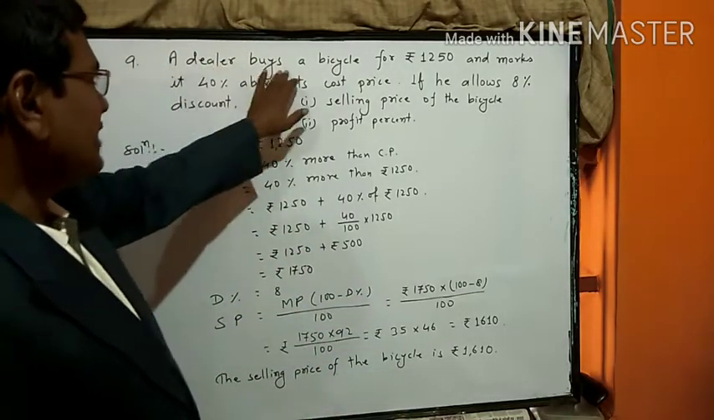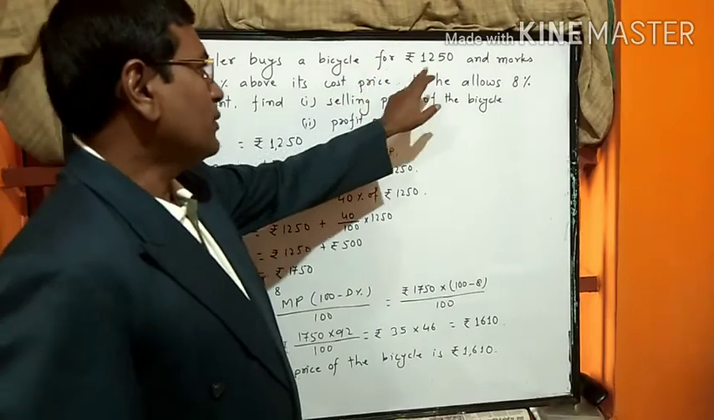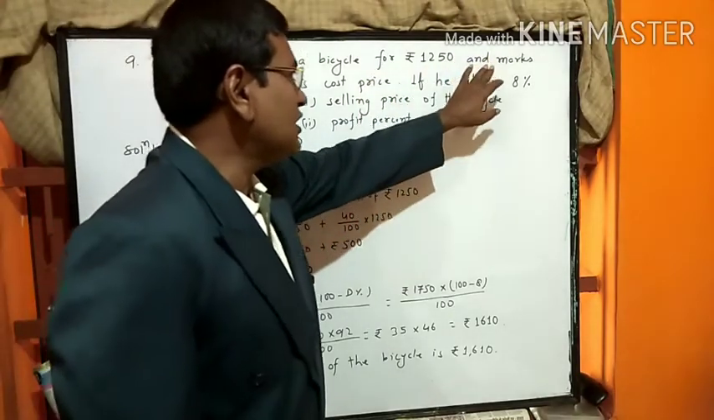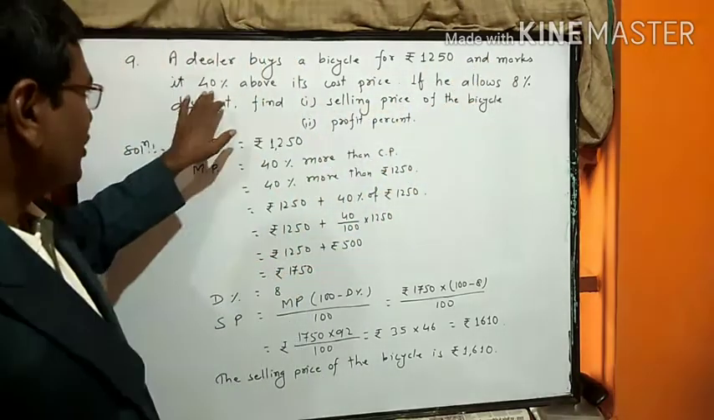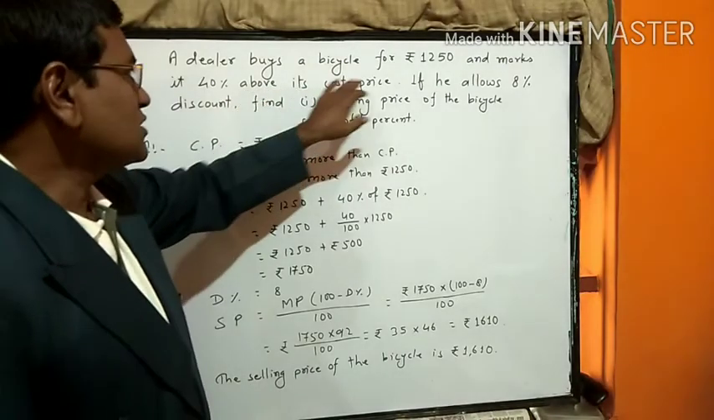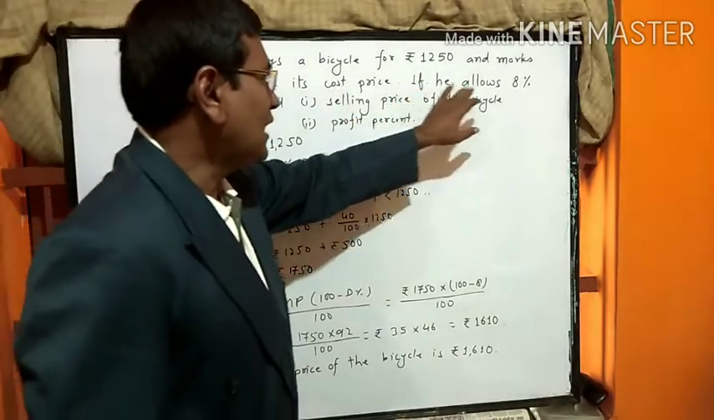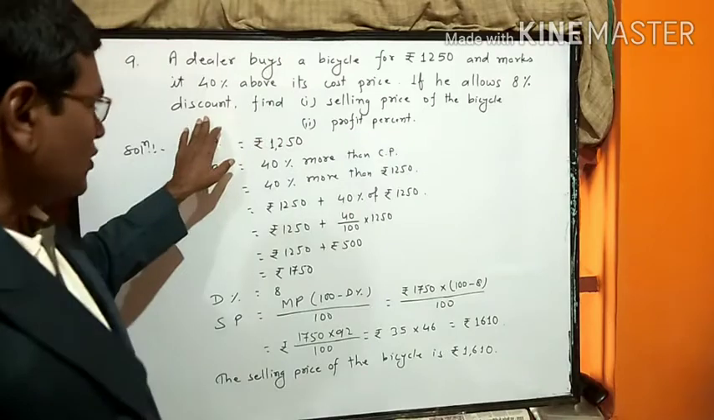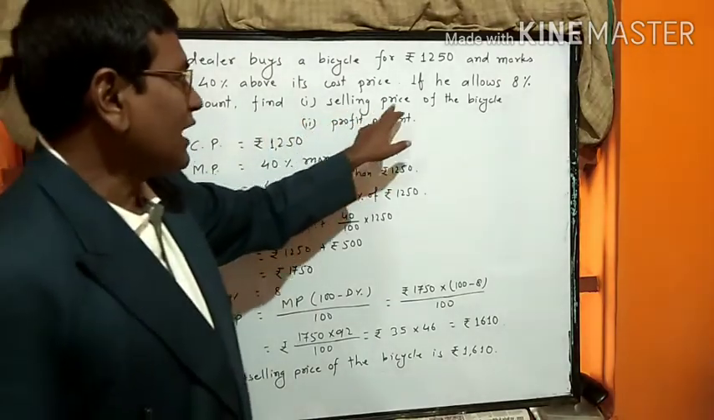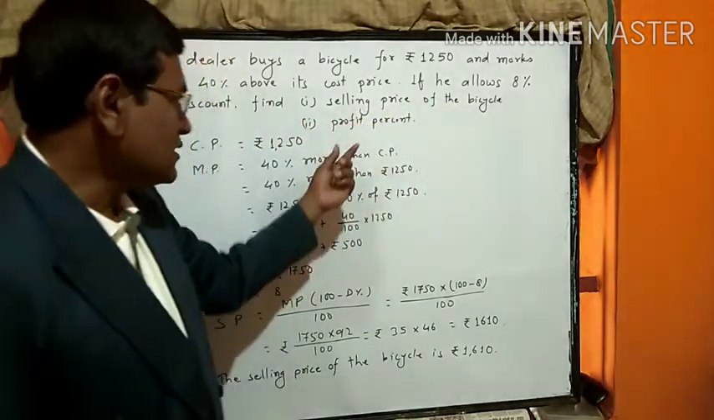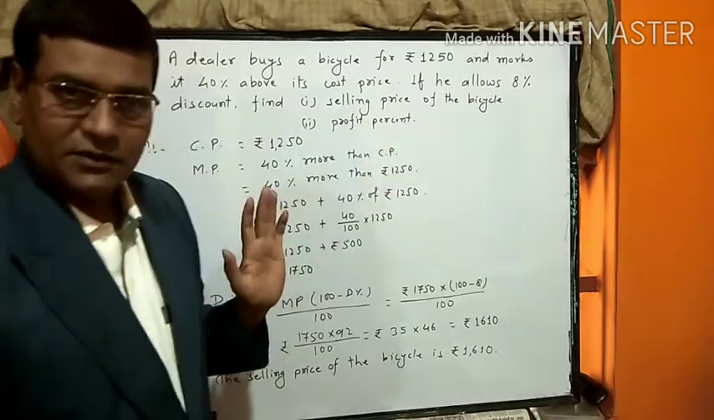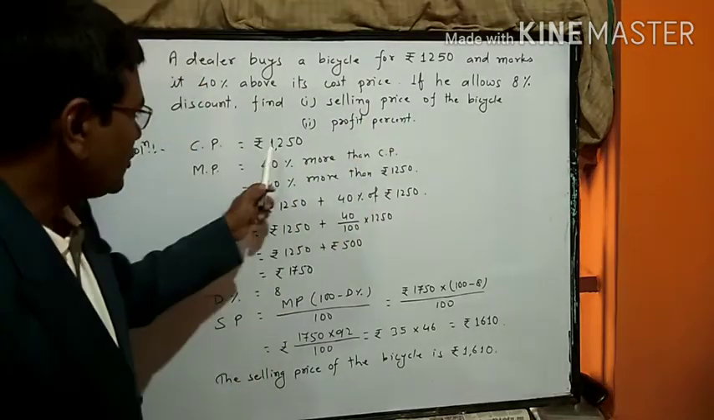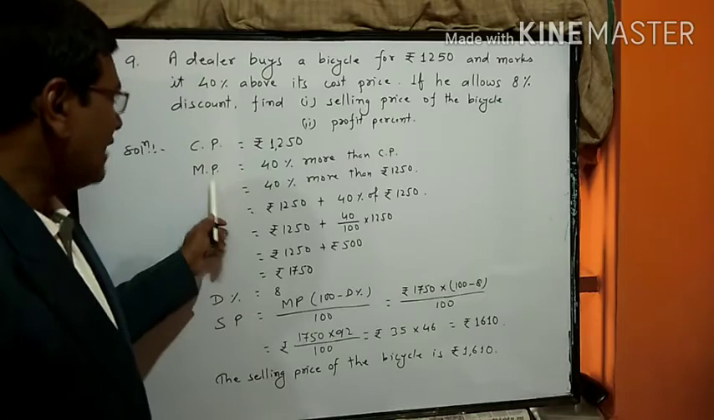A dealer buys a bicycle for rupees 1,250 and marks it 40% above its cost price. If he allows 8% discount, find selling price of the bicycle and also profit percent. Here CP equal 1250, MP equal